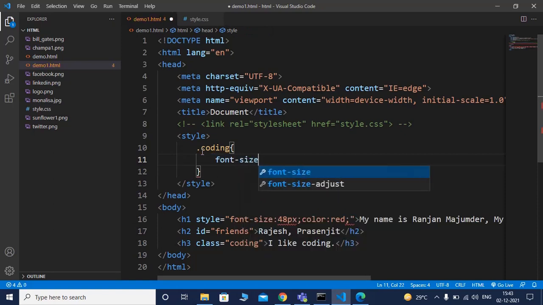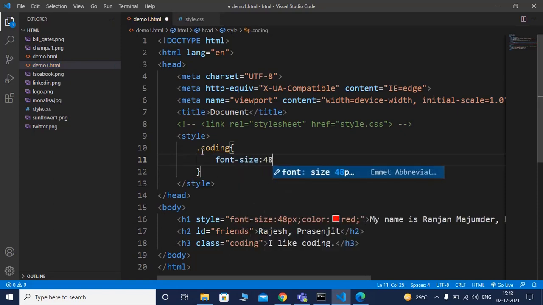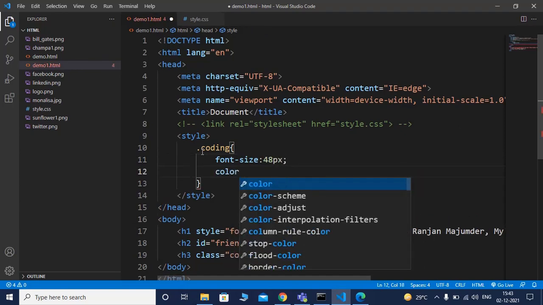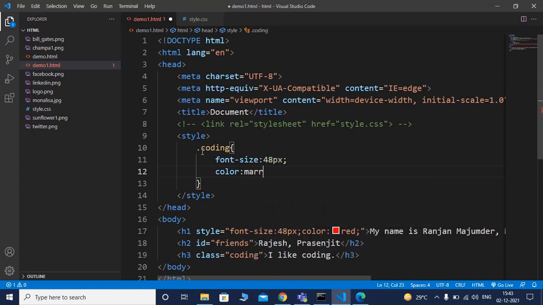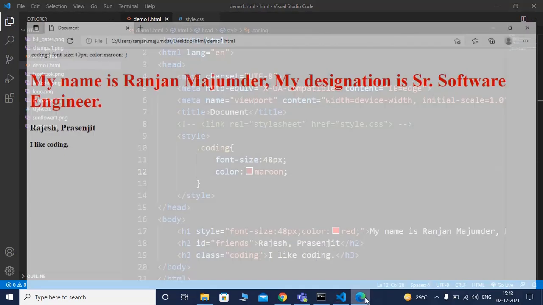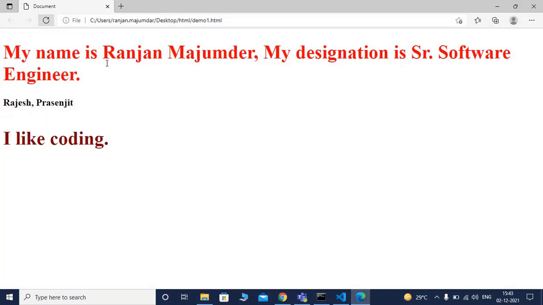I am using the font size property 48px, color maroon, saving it and refreshing the web page. You can see the effect. The effect of the H3 element has changed now.